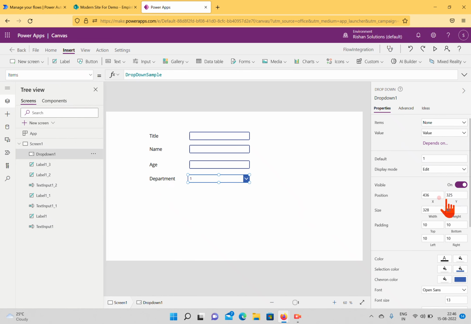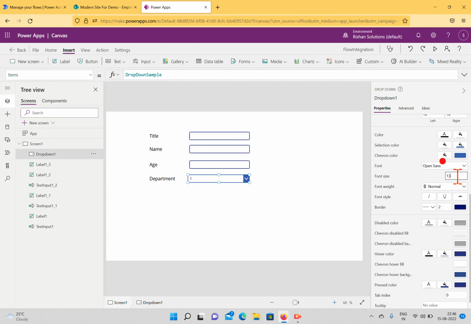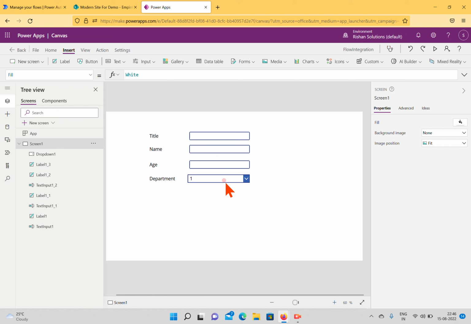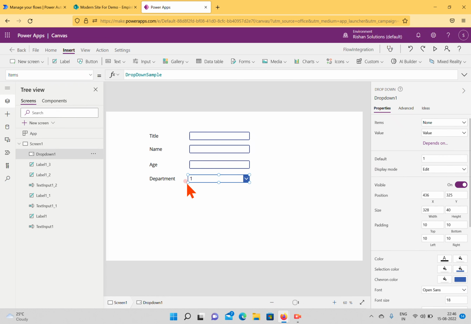We'll keep it here, and we'll change this one from 13 to 18, so it looks better, and we'll try to minimize the width. Okay, we are done. Now we'll change this drop down sample to our values. So we have admin choice, and we have IT, and we have